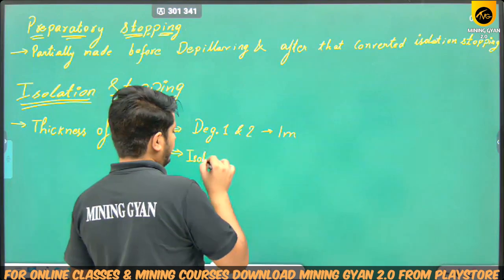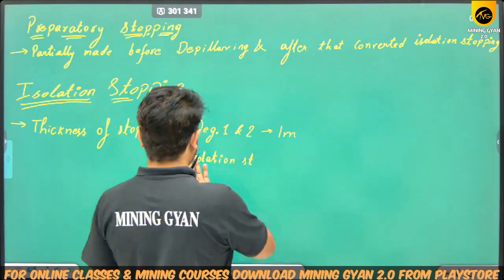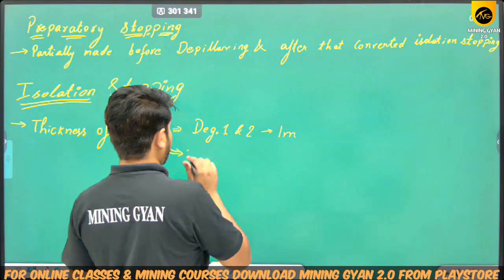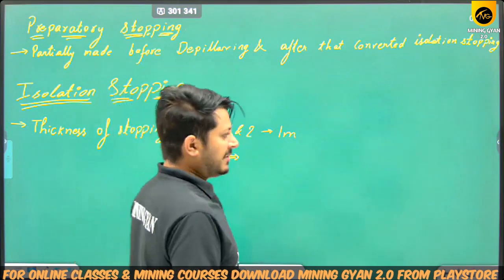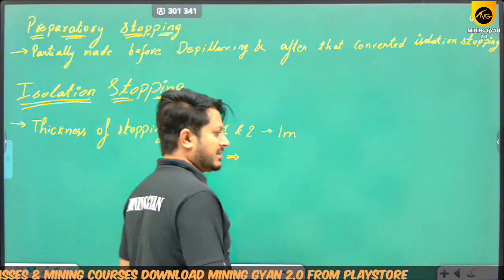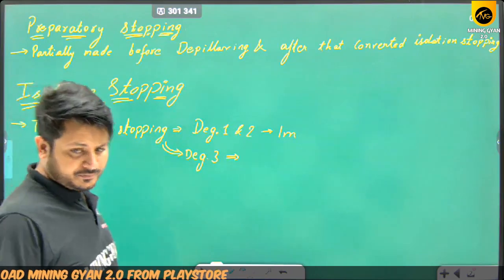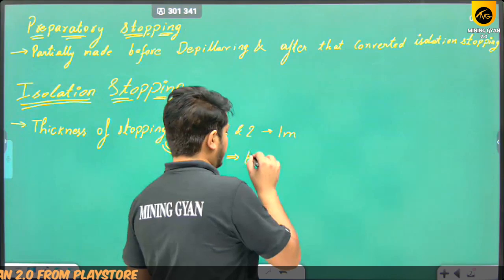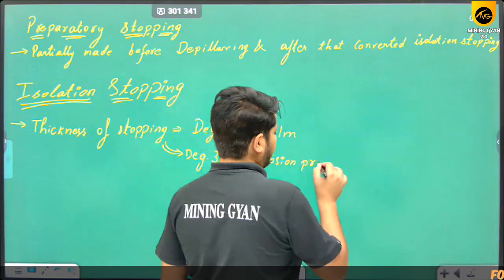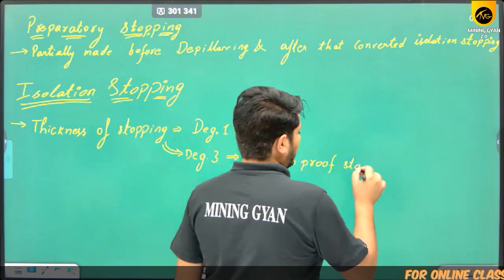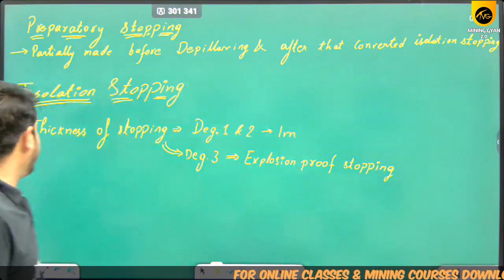डिग्री 3 माइंस में क्या होता है? क्या आइसोलेशन स्टॉपिंग बनाया जाता है? ठीक है, तो डिग्री 3 माइंस में आइसोलेशन स्टॉपिंग स्टार्टिंग में बनाया जाता है, बट फाइनली इसको डायरेक्टली हम क्या कर देते हैं, इसको डायरेक्टली एक्सप्लोजन प्रूफ स्टॉपिंग में कन्वर्ट कर देते हैं। तो बेसिकली टेक्निकली अगर कहा जाए तो डिग्री 3 माइंस में आइसोलेशन स्टॉपिंग्स नहीं बनाए जाते हैं।